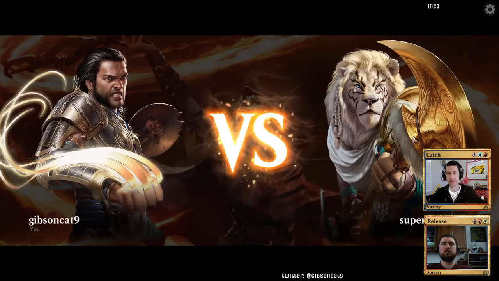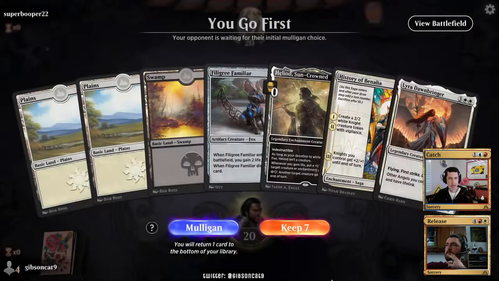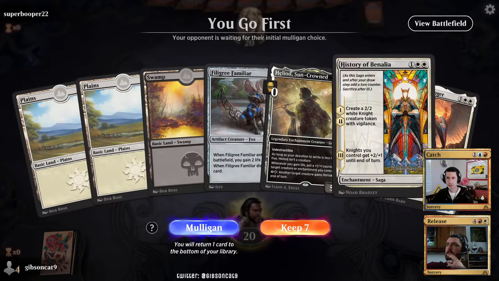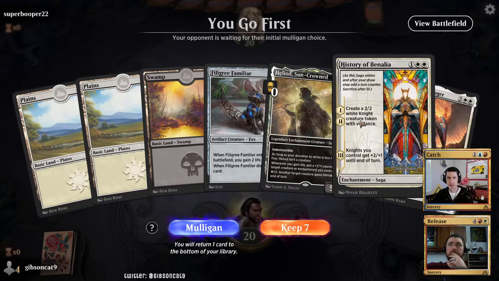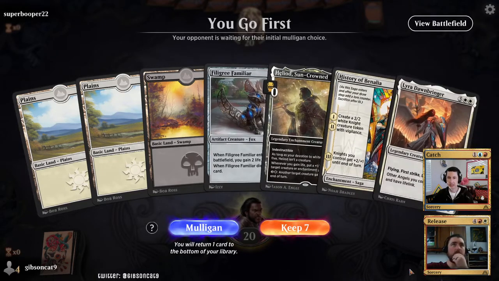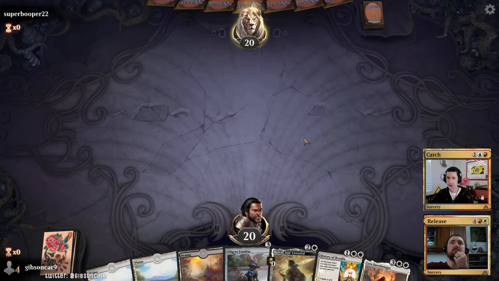All right. Let's see what we're up against in this co-op Arena Cube draft. We've got a bunch of 3-drops. We're on the play. It's not the best, but I'll keep this. I like it. I wish we had a 1 or a 2-drop, but...